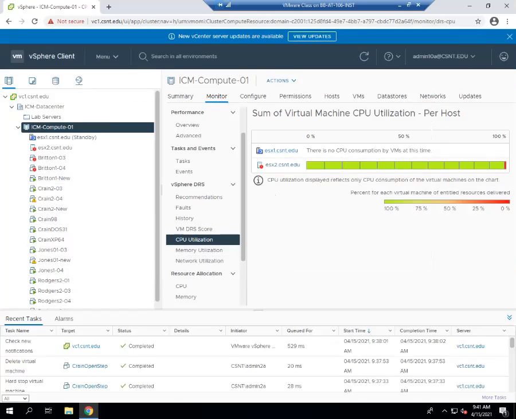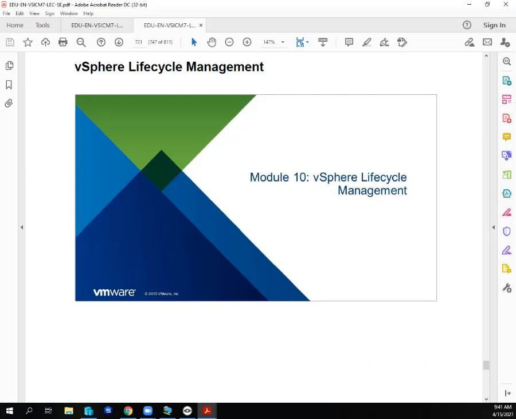It does appear that we're running at 100% on one of the systems. So I see some red. Looks like we should have some contention, and that should tell power management, hey, we need excess capacity. But while we're waiting on that, which can take a while to happen, we're going to look at the last